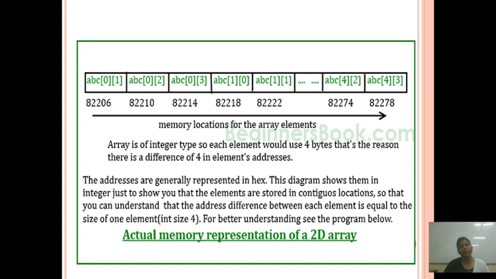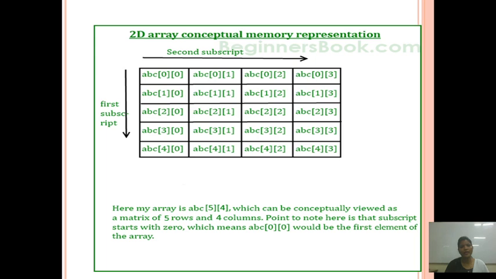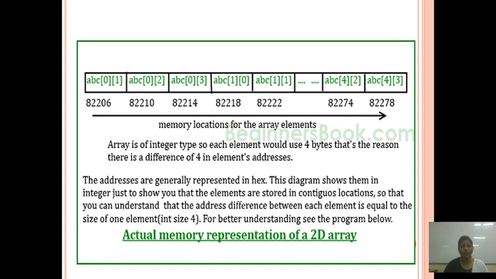When we talk about memory location, as we can see, I have declared here a two-dimensional array of integers, and this would be the memory representation. As we all know, an integer consumes 4 bytes of memory to store one element. So the first element will go to the ABC 0th position, the second element will go to the ABC 1st position. Suppose the ABC 1st position is 82206, then the third element will be stored in ABC 2 coordinate,